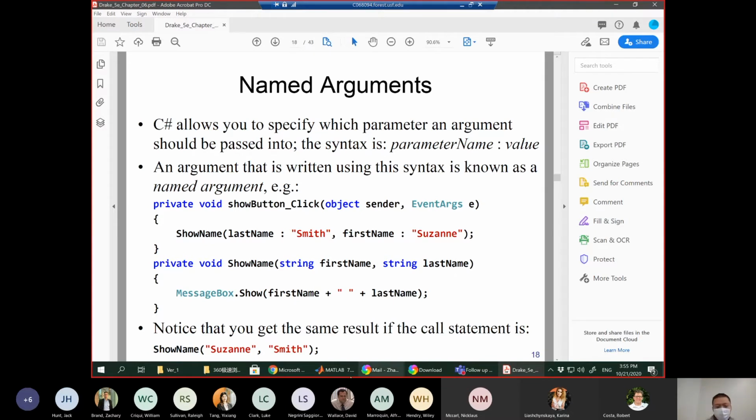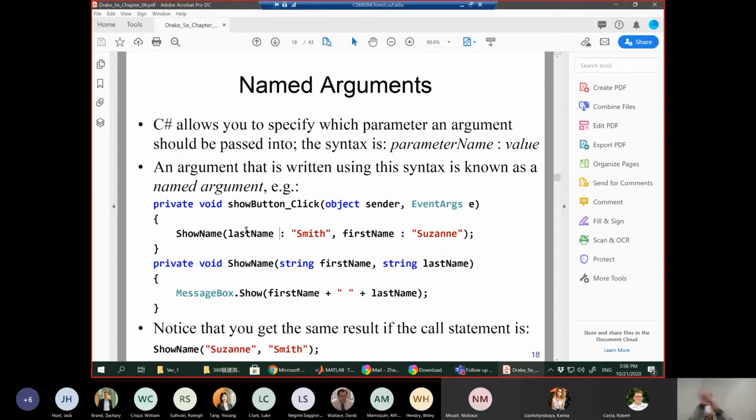So when you set up Susan and Smith, Susan will be first name, Smith will be last name. However, because there is a name for each variable, first name and last name,